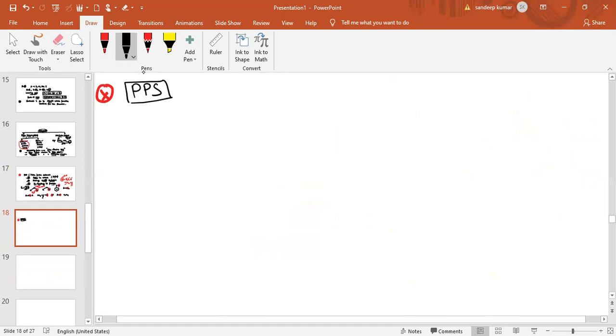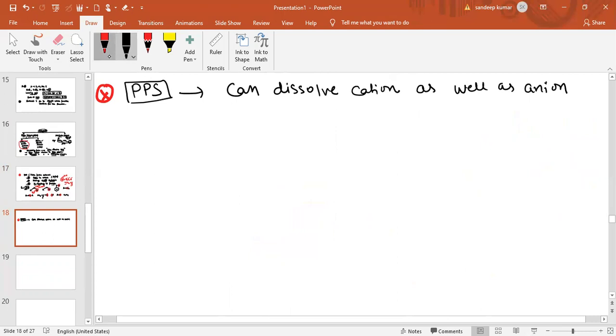Polar protic solvent can dissolve cation as well as anion, the anionic part of the reagent. So if a reagent has two parts,